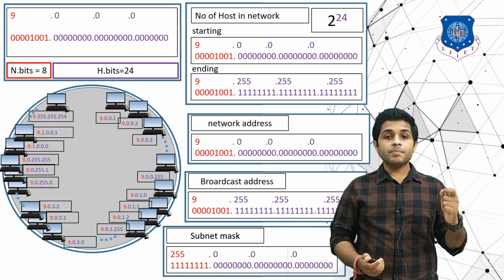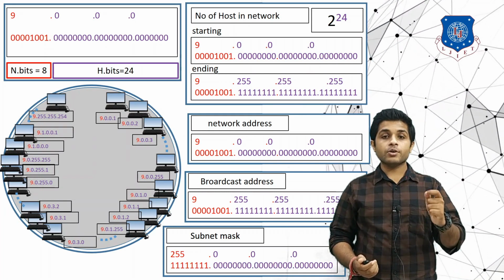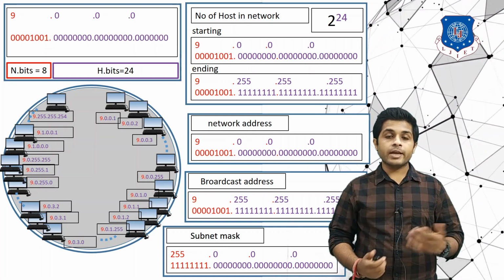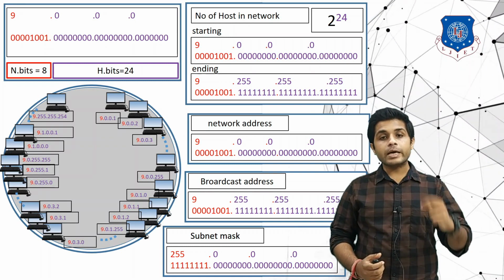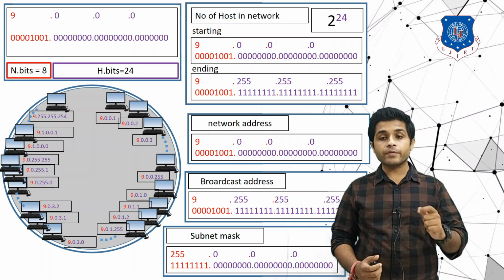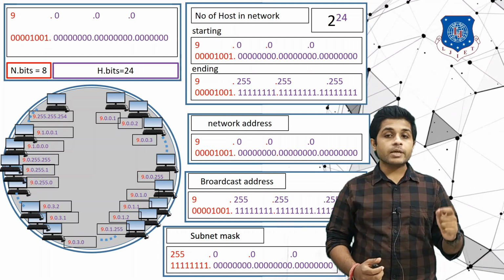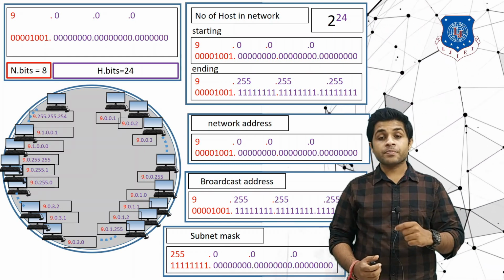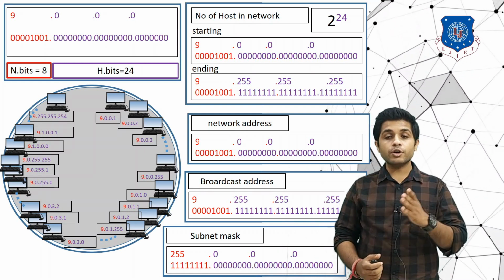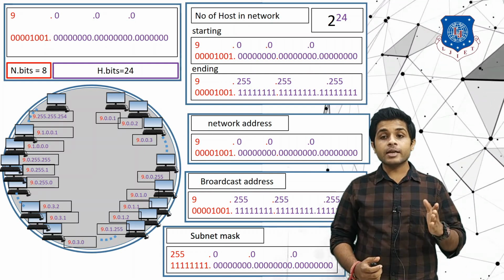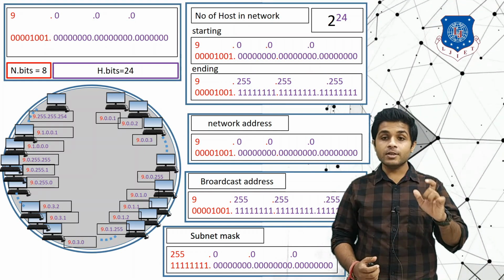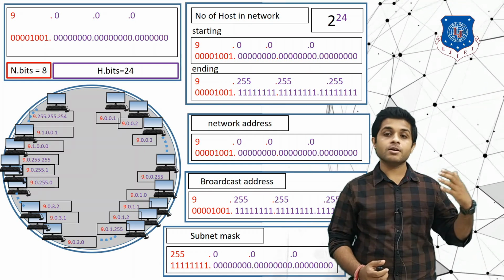If you keep incrementing like this, the last usable address that you will get will be 9.255.255.254. That is the last usable address of the given network. If you increment the last usable address 9.255.255.254 by 1, you will get the broadcast address, which is 9.255.255.255. If you further increment the broadcast address by 1, you will get 10.0.0.0. Notice the value of the network field has changed. It means that it represents another network.